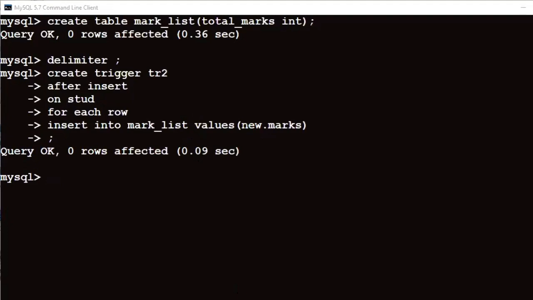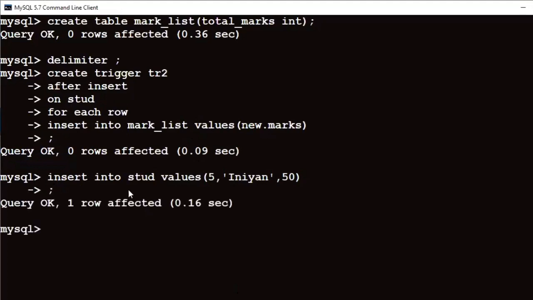Then insert a new record, that is 50. If you are inserting a new record, automatically the first trigger will work first, that is the add operation will be performed, 50 plus 5 will be added, so 55 will be inserted in the STUD table.